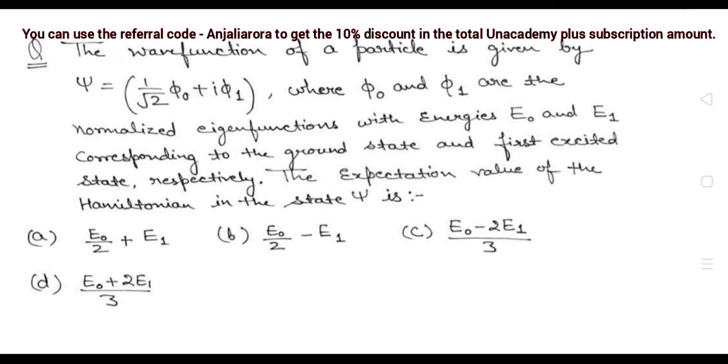So what is going to be the probability of finding the particle in the n is equal to 0 state? So guys, whatever coefficient corresponds to phi naught, that means the wave function, that has been shown there, whatever is the coefficient of phi naught for the n is equal to 0 state, the square of that coefficient, its mod value, you will take in the numerator upon the sum of squares of both the coefficients, their mods considered separately and added, in the denominator part. So this will give you the probability.